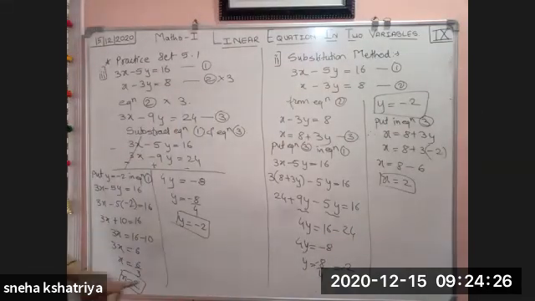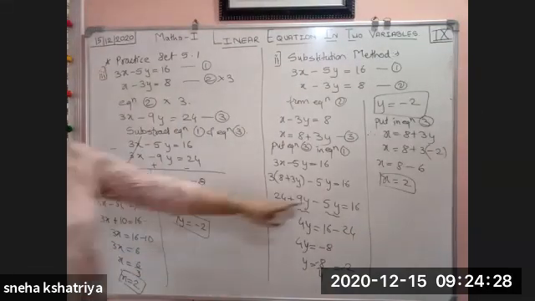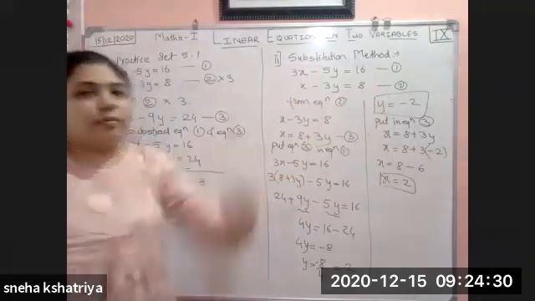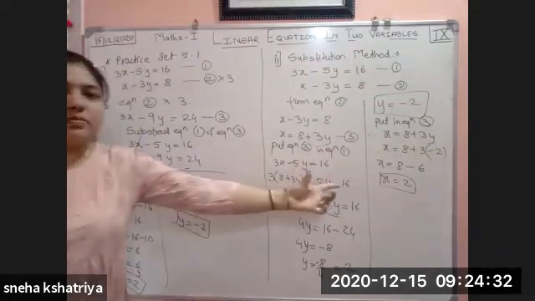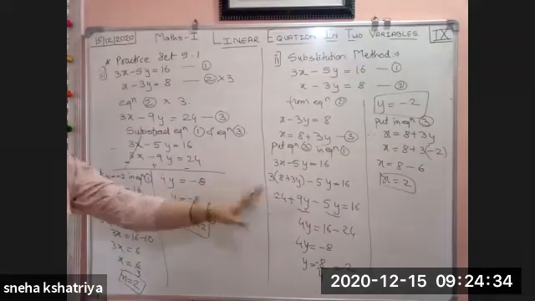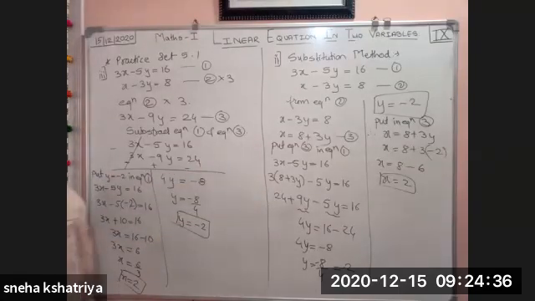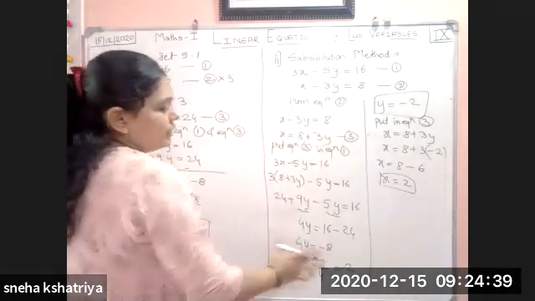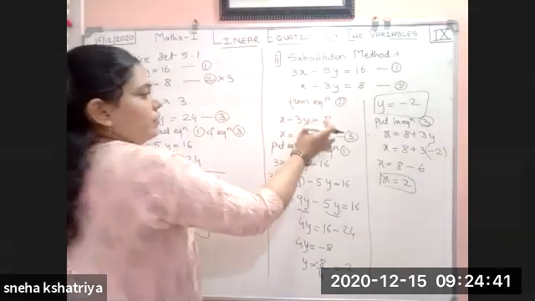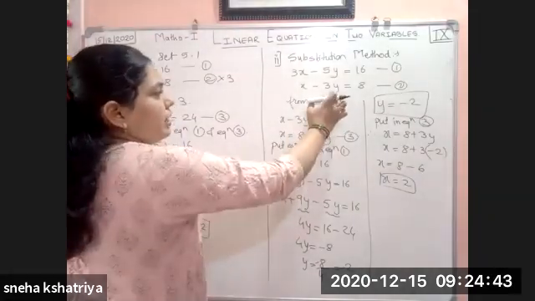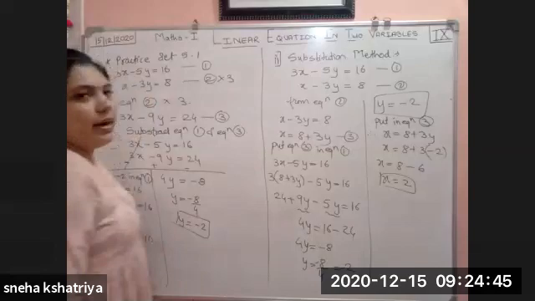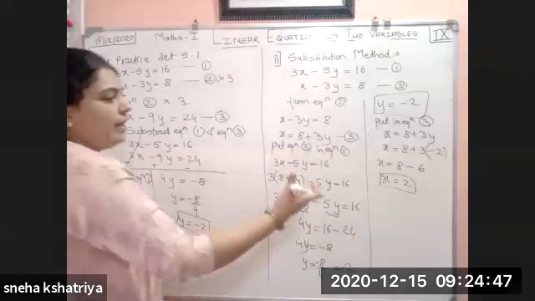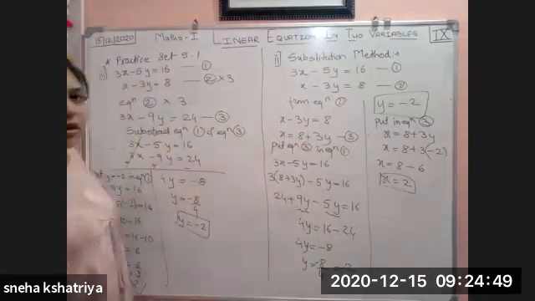See here, x is equal to 2, y is equal to minus 2. By this method or by this method, whatever the method is, your answer is the same. Again, here from equation 2, I have taken this. You can take the value of y also, but you have to divide by 3. It will become a lengthier procedure. This has become short and easy.